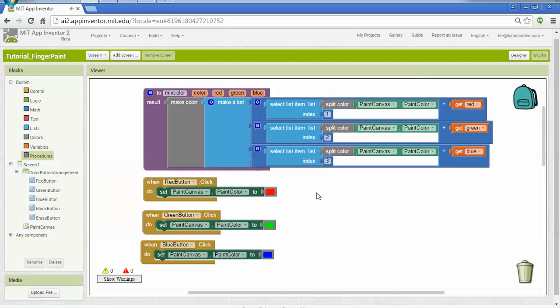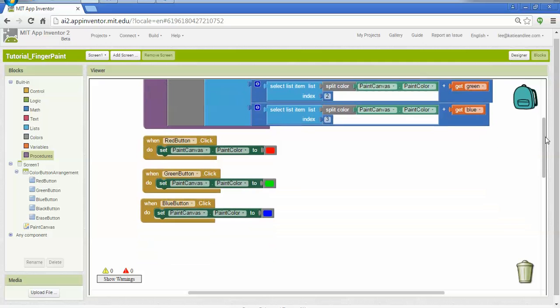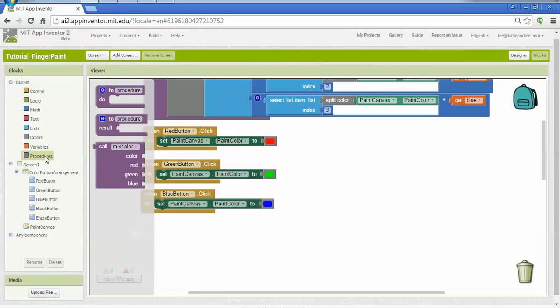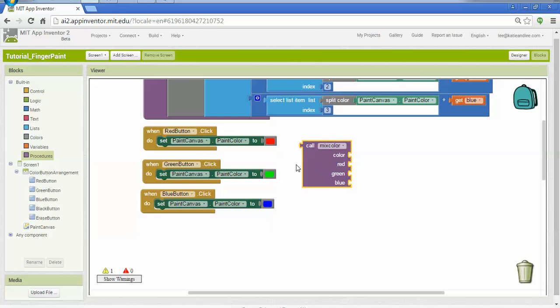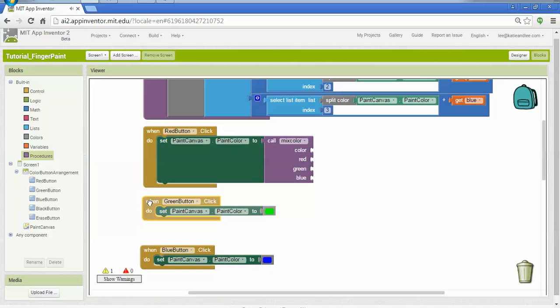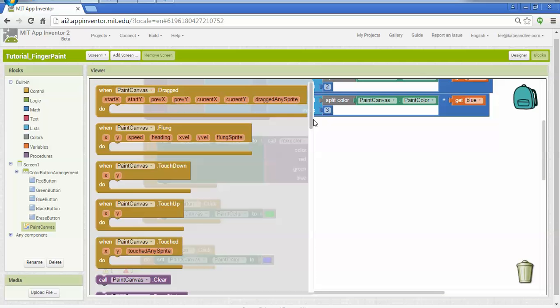So with this reusable procedure, it becomes much easier for us to update our red, green, blue, and soon black buttons so that we can change the paint color to a new color that's a little more red, a little more green, or a little more blue without becoming completely red, green, or blue. So I'm going to change what I have now as paint canvas, paint color, setting it to red. Instead, I'm going to use and set the value based off the output of my procedure, where the incoming color is the current paint canvas,